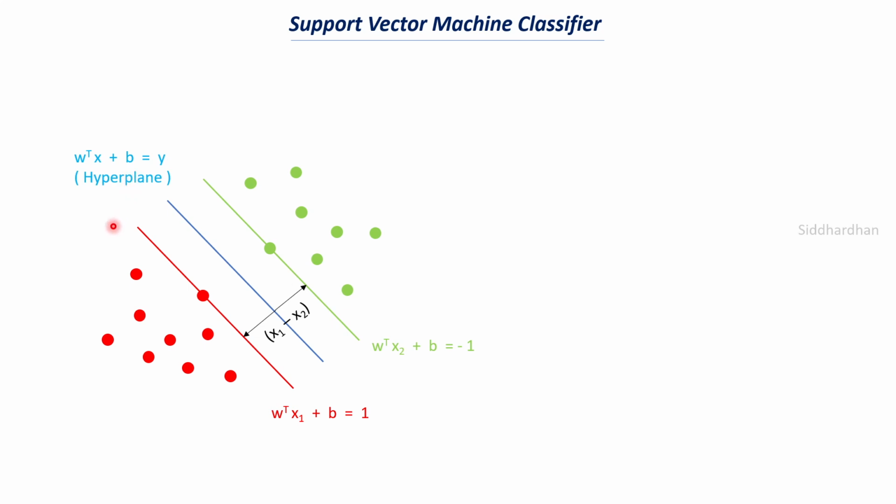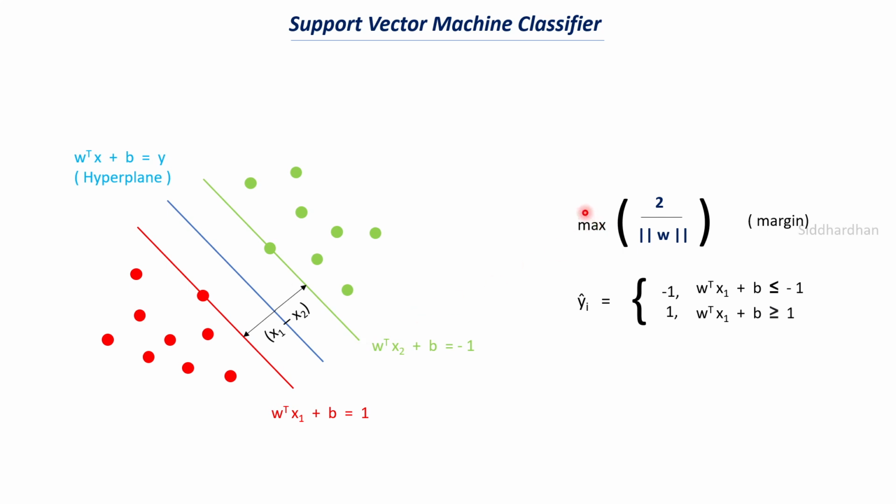These two are the parameters of our support vector machine classifier, and these two are the equations of the margin lines. This green colored equation is the equation of the green colored margin, and this is the equation of the red colored margin. So this is the margin distance. We have already seen that this margin distance can be calculated using this particular value, which is 2 divided by the norm of w. So this is your margin. We have discussed how we get this value: in order to find this distance, we subtract these two equations, the green colored equation and the red colored equation. We discussed that in our math video. So our goal is to maximize this margin distance so that our support vector machine classifier can create a clear segregation between the two types of data. So that's the idea.